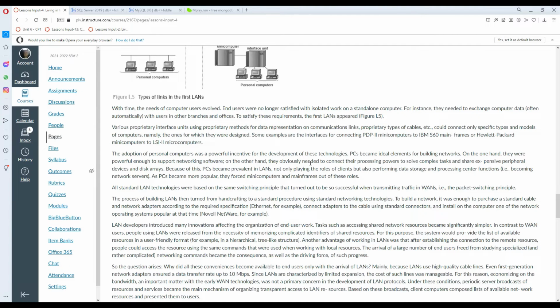Various proprietary interfaces using proprietary methods for data representation and communication links, cables, etc. could connect only specific types and models of computers, namely the ones for which they were designed. Some examples are the interface for connecting PDP-2 mini computers to IBM S60 mainframes or HP mini computers to LS2